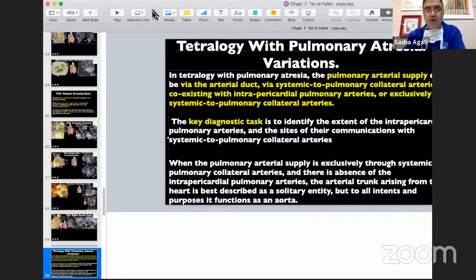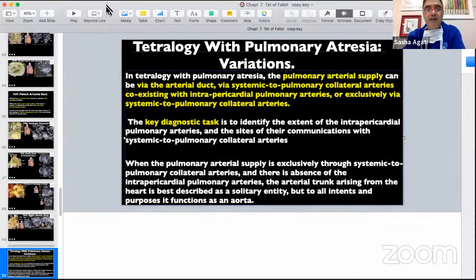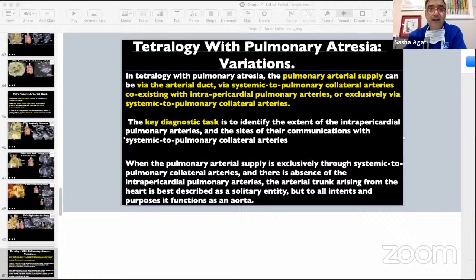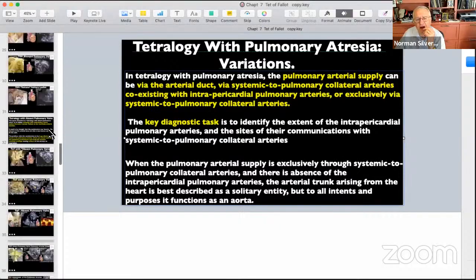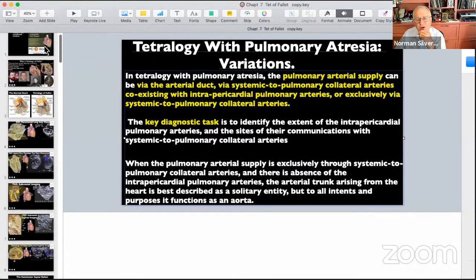There is Alejandro Lozano who is asking that in the echo parasternal short axis, before you began to talk about the tetralogy of Fallot with the absent pulmonary valve, there is an image that is emerging from the pulmonary trunk, and the question is, is that a coronary artery, or what is this structure? I don't know if you remember it. I don't remember it. I can go back and have a look at that.